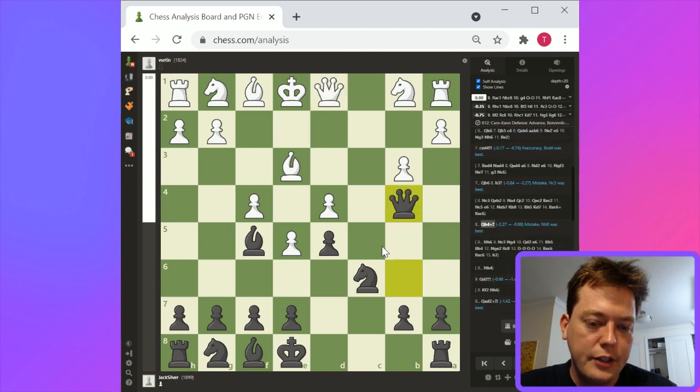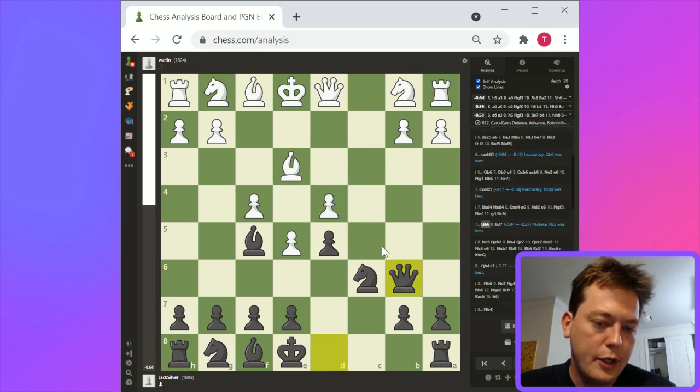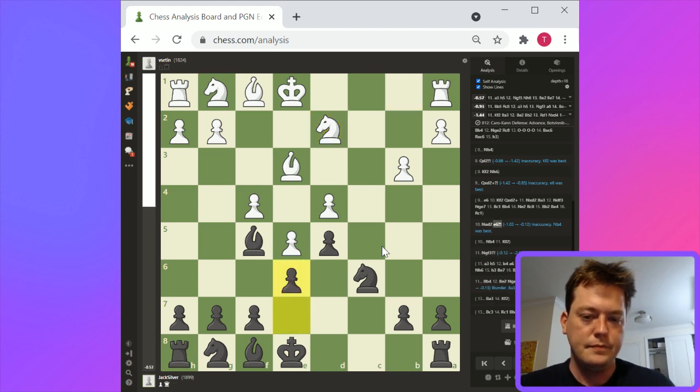So I would take a look at queen b4. I think that's probably not what you want to do in the midst of an attack. When you're attacking, you want to keep the pieces on the board. Here, I think